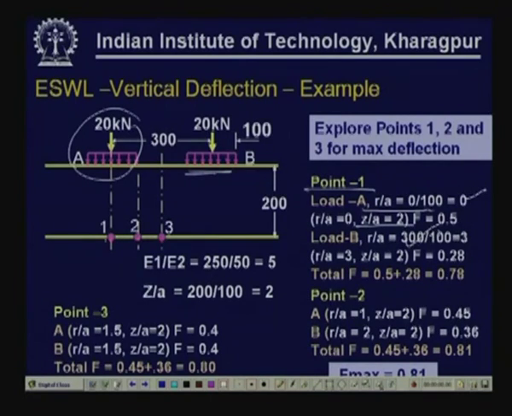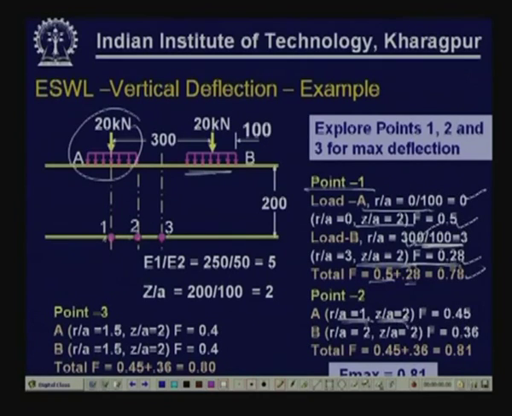So, that is 300 by 100, that is 3. Z by A is the same ratio as we have here. So, for this the deflection factor as seen from the previous chart is 0.28, in this case it was 0.5. So, the total deflection factor which is influenced by both these wheel loads at this point is 0.5 plus 0.28, that is 0.78. Similarly, for point 2, R by A is 1,